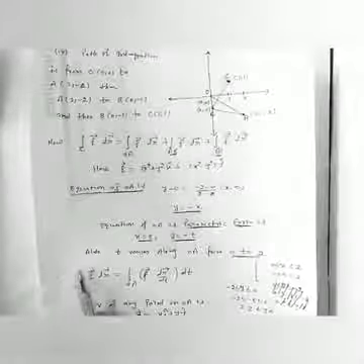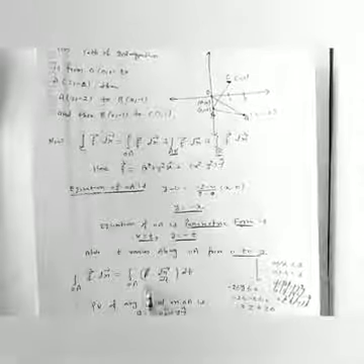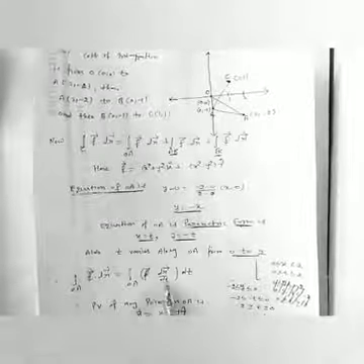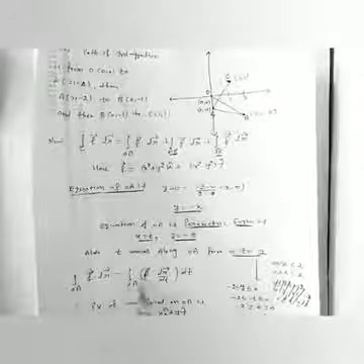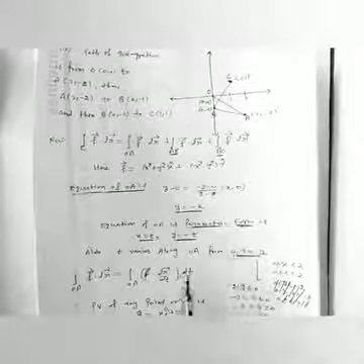So now integrating along OA, the integral of f dot dr is equal to the integral of f dot dr by dt into dt. Putting the value of f vector in terms of t and the value of dr by dt in terms of t, and after doing their dot product and taking the limit of t from 0 to 2, we get the required result.